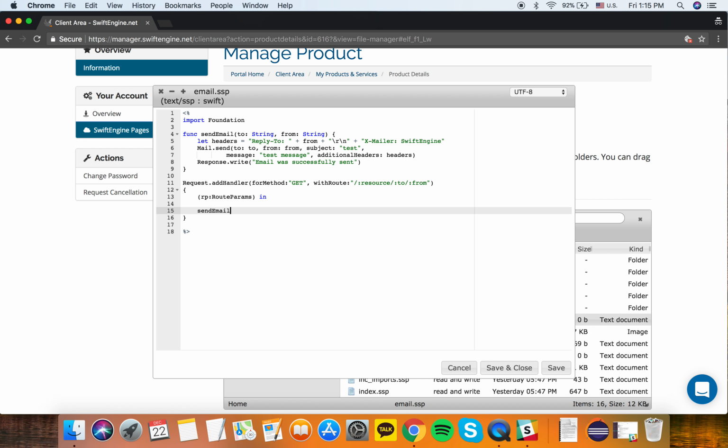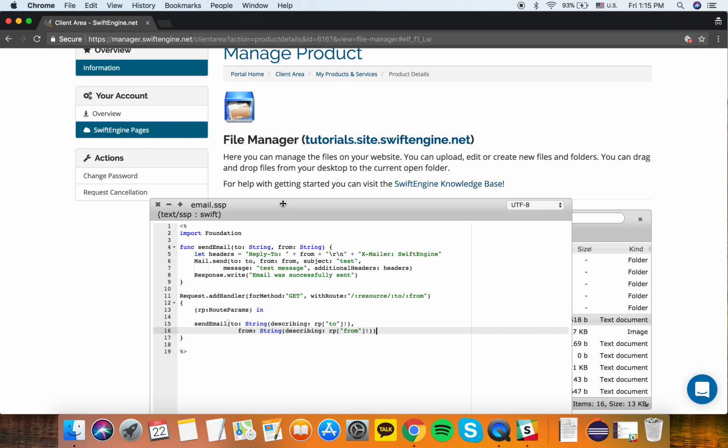with it. Send email, it's going to take the string of describing the 2. So RP2, that's how you approach the input. I'm just gonna copy and paste up to here, and then from. All right, let's try to compile this first. Email.ssp, I think, right? It should give an error at first because there's no input, but what if we put input? So my email address is